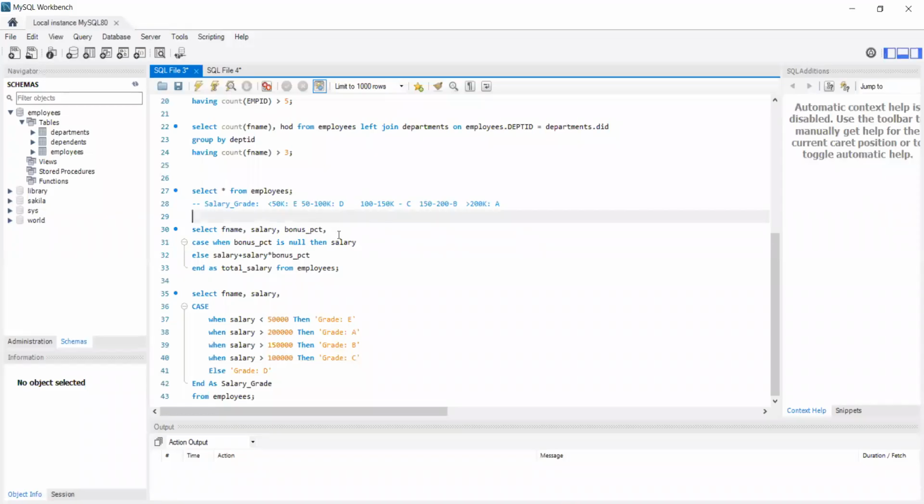Correct? And case is very much like if-then-else, or if-else, that we have in Python or any other programming language. Okay. Makes sense? And if you remember this example, just like if-else in Python, it checks for the